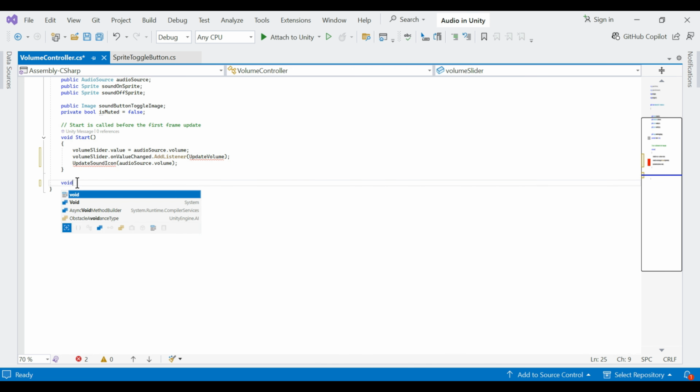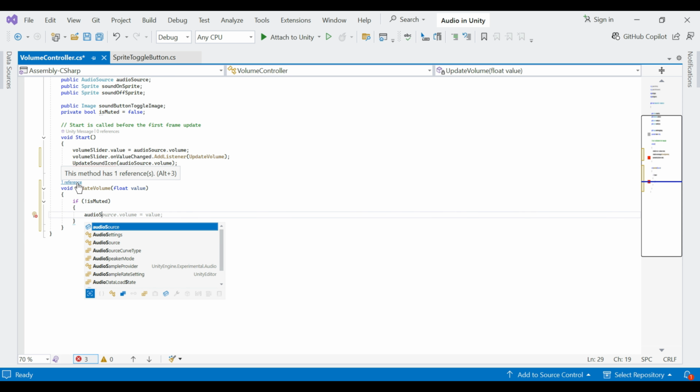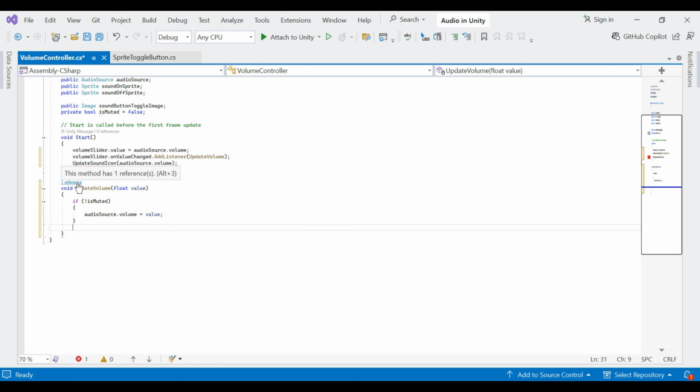Now, let us define the UpdateVolume(float value) method. The volume of the audio source is updated based on the value passed from the volume slider. However, before changing the volume, we check if the sound is muted using the isMuted flag. If the sound is not muted, we update the volume of the audio source to the value from the slider. After updating the volume, we call UpdateSoundIcon(audioSource.volume) to ensure the sound icon reflects the current